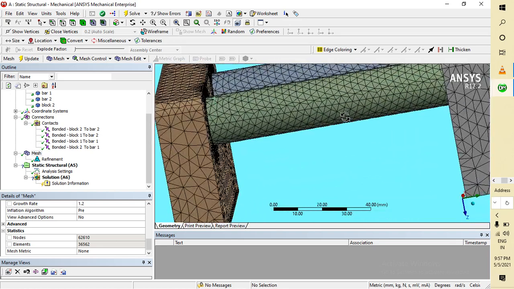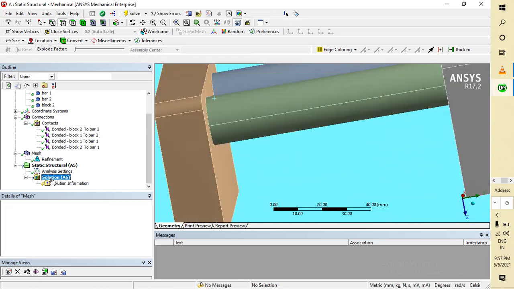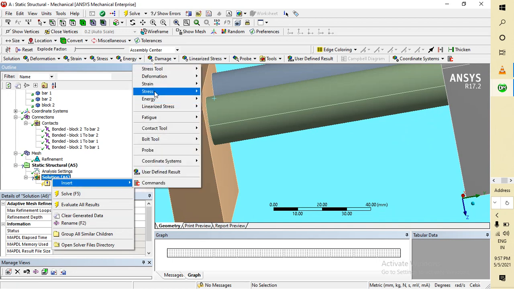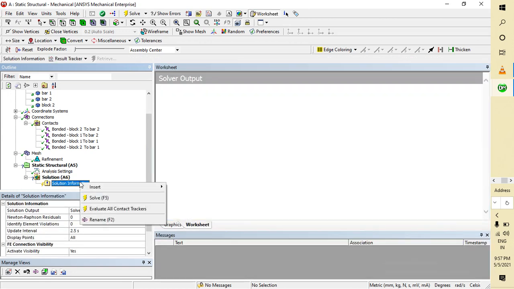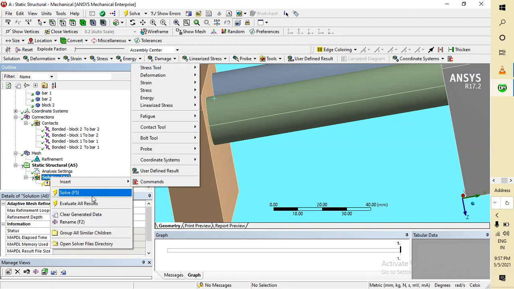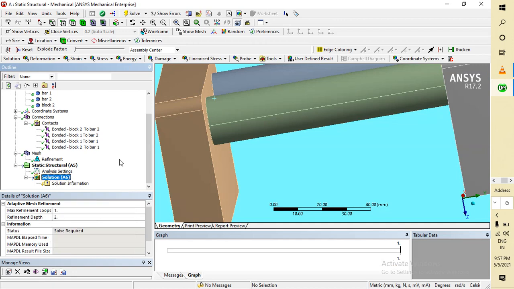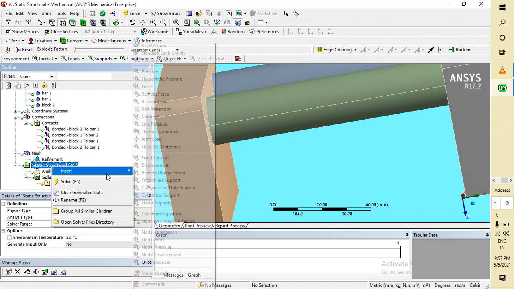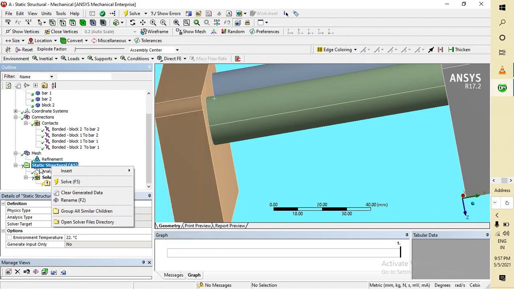Now we will move to the solution. Here right click on it, insert, static structural, go to here, not solution. First of all, static structural, what is the needed condition for this?